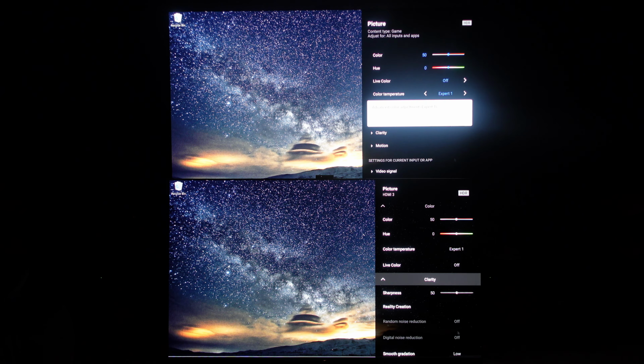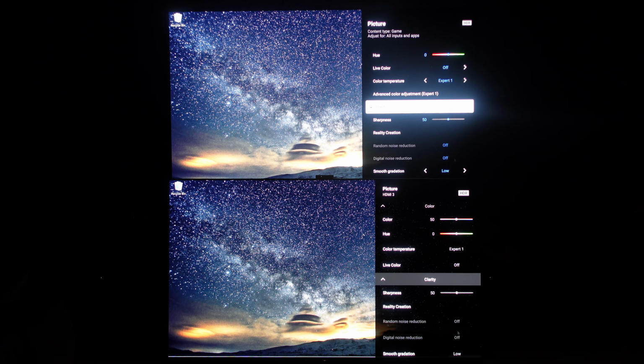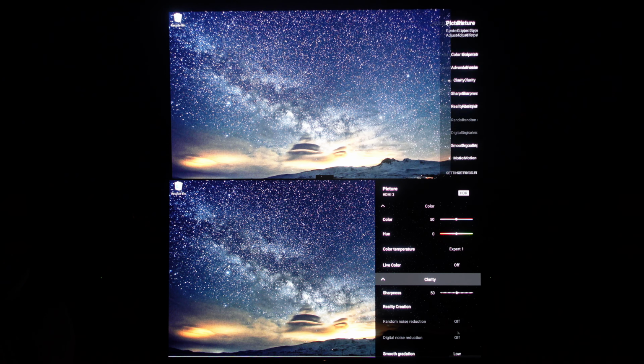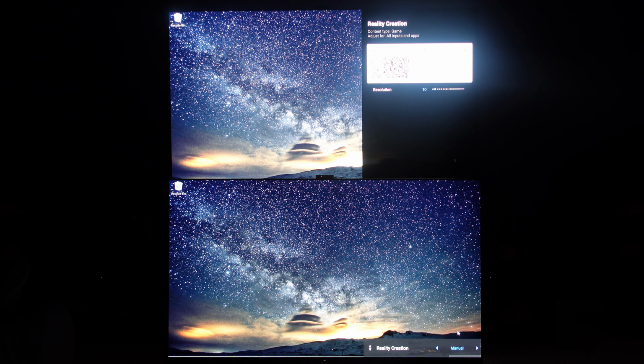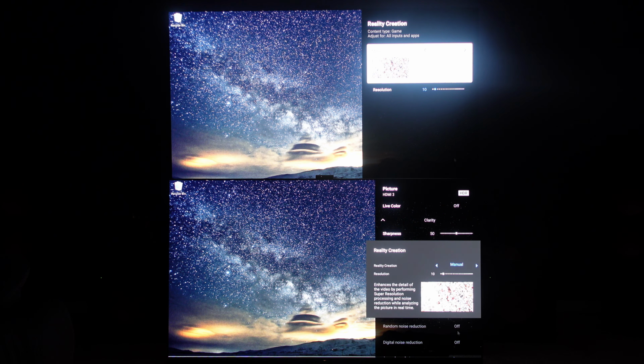Let's go down to clarity. Sharpness is set at 50. Again, that's default. Go down to reality creation. Okay, set manual, set 10. This is all default stuff, right? So these are the settings I'm going to use